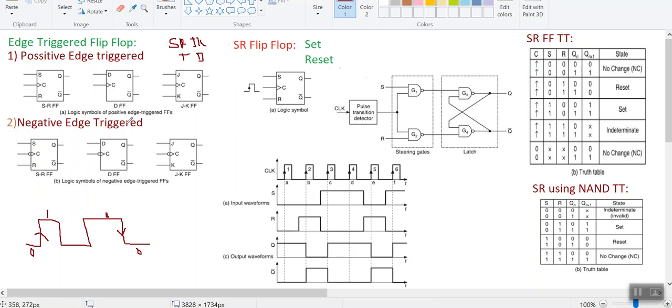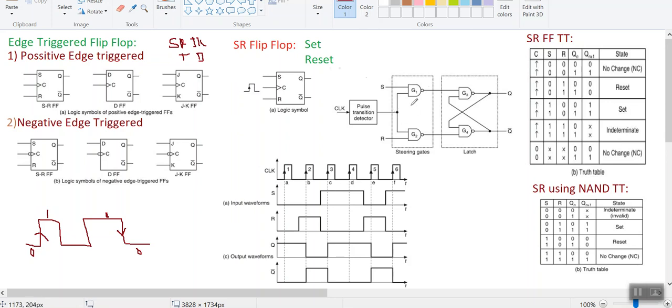Whereas coming to the negative edge triggered flip-flop, along with this triangle we need to consider one bubble here. Whenever we keep a bubble and this triangle, we can say that the clock pulse input signal is treated as negative edge triggered. Here we are going to discuss the SR flip-flop with positive edge triggering. That is the reason I kept the positive edge triggered clock signal, and I show the triangle symbol here. This triangle symbol represents that this concept is related to positive edge triggering. We can have a similar output for negative edge triggering also, whereas the symbolic representation and the clock signal are different.